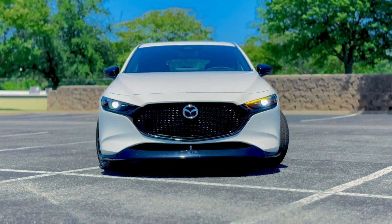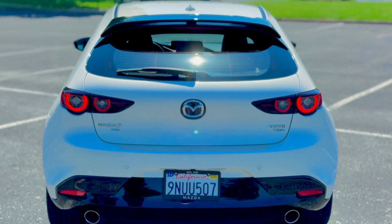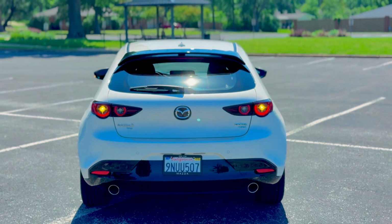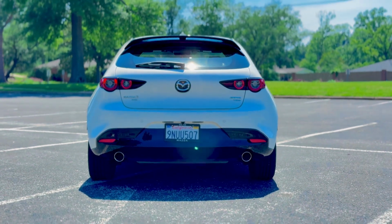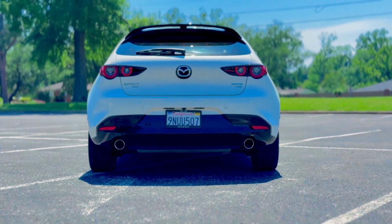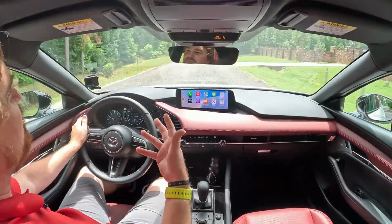This is a very fun car to drive in traffic or on a twisty East Texas back road like we have here. The suspension is sport tuned, and we have that G-Vectoring Control all-wheel drive, meaning we do have power at all 4 corners, but this is still a front drive biased platform, which is one reason why I compared it so much the last time I had it to the Audi A3, because that too is just a Jetta in different clothes. It is a front wheel drive,